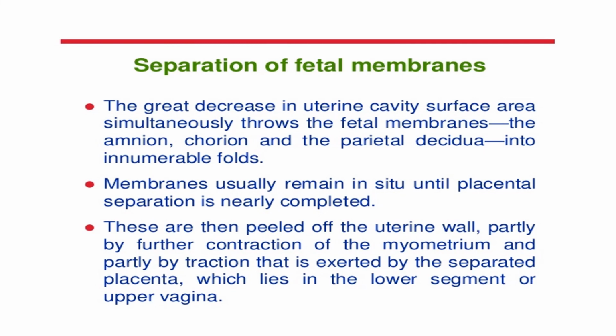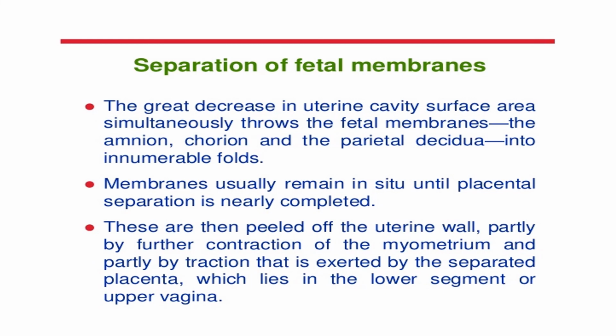That is, the chorion and amnion will start to separate, and will form a lot of folds, and the membranes will remain there until the separation of the placenta is completed. And when the placenta is separated and coming out, the fetal membranes also will get peeled off from the uterine wall, and